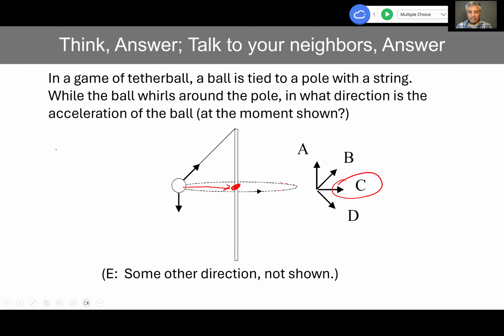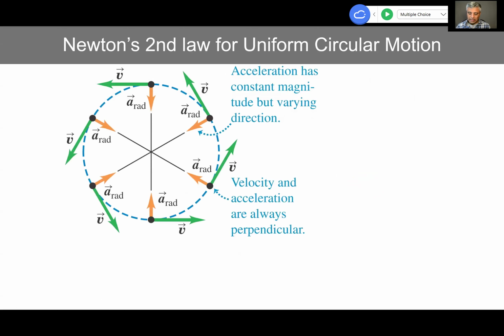So when something is moving with constant speed in a circle or part of a circle, that's how the motion looks like. The radial acceleration is, as the name suggests, towards the center, and velocity is tangential. So if you are spinning something